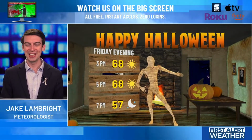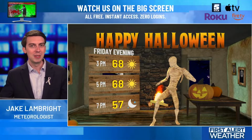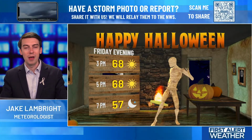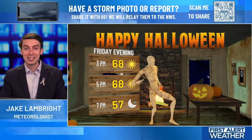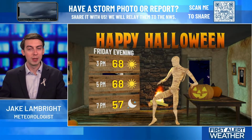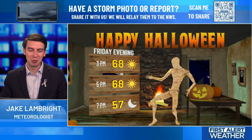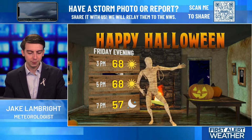If you're going after sunset, I would definitely recommend taking that jacket. You'll notice how quickly the temperatures drop from the upper 60s around 5 p.m. to the upper 50s by 7, and those temps will continue dropping pretty rapidly. So like I said, don't go out there without that jacket because you will certainly want to keep it with you